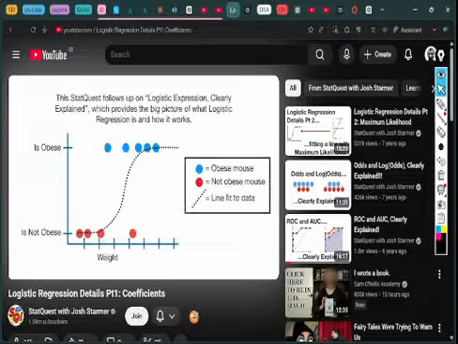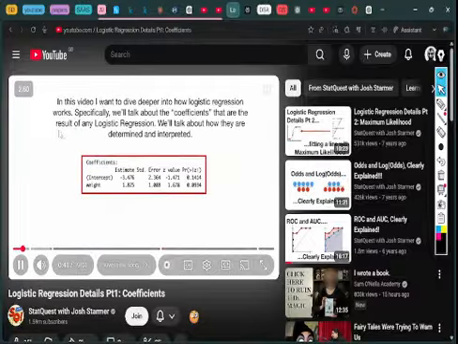This StatQuest follows up on Logistic Regression Clearly Explained, which provides the big picture of what logistic regression is and how it works. In this video, I want to dive deeper into how logistic regression works. Specifically,